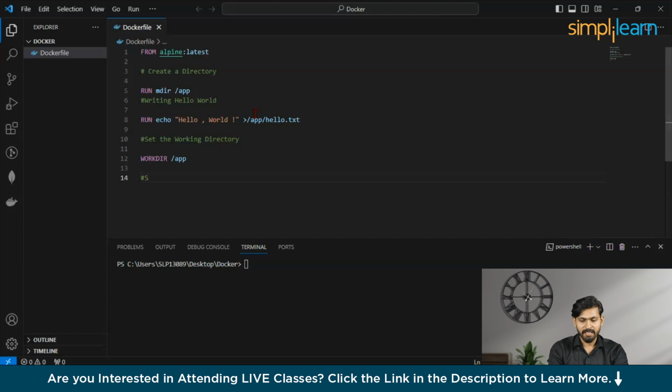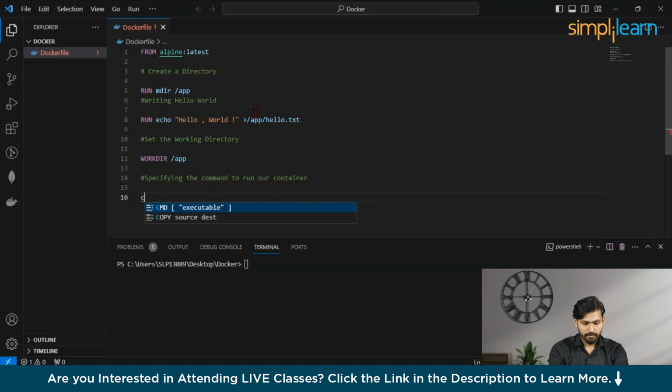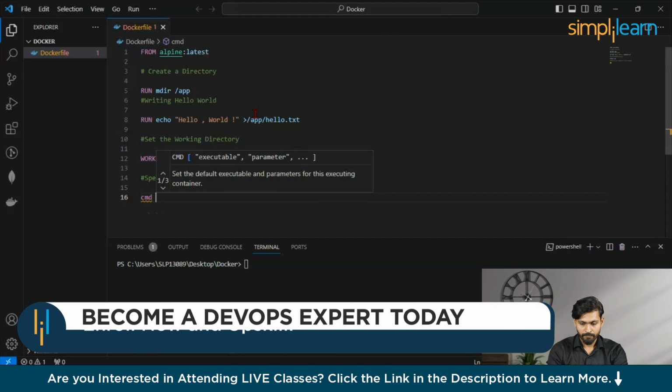Then I'm going to specify the command to run the container. So, specifying the command to run our container. CMD